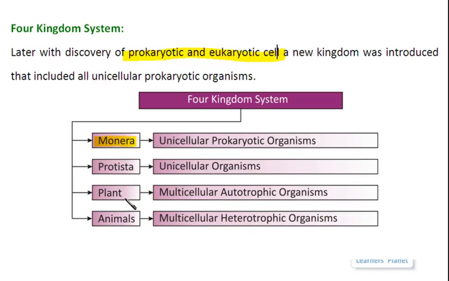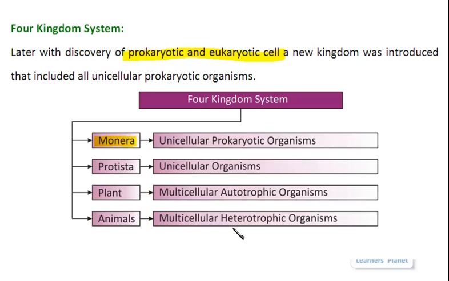The other two kingdoms were plants and animals as such, and finally the fifth kingdom was introduced, and that was the kingdom Fungi. Fungi is a group of organisms which has characteristic features like they are multicellular, and at some stages they are also unicellular. Besides, they all are eukaryotic, and they have the cell wall, and they all are